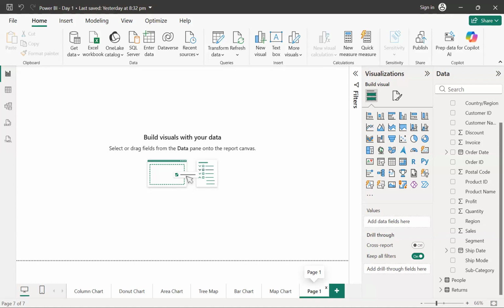They tell what the numbers are behind this data set. So let's say this is the very first thing which my manager would ask me or want to check: how much total sales we have done in the last 4 years. If I'm sharing this dashboard or report with my manager, the very first thing my manager would probably ask is how much total sales we have done in the last 4 or 5 years, depending upon the data set we have.